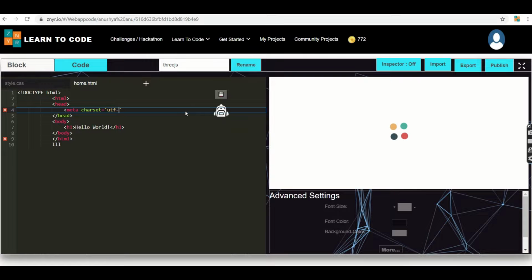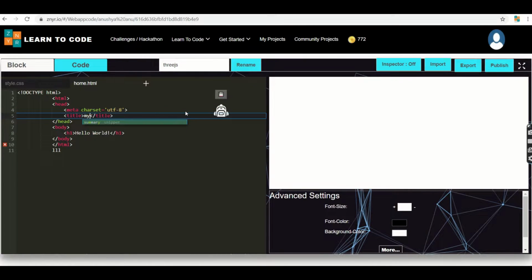This is not mandatory. If required, you can use it, or else you can skip this. Next, I'm going to use the title, that is my first Three.js. This is the first example under the JavaScript part we are going to discuss. For my class, I'm just making it a title. So now I'm closing this head part.